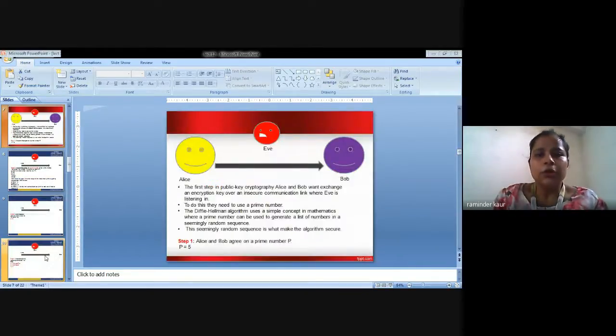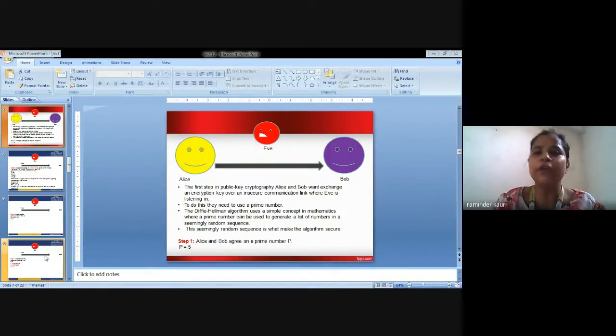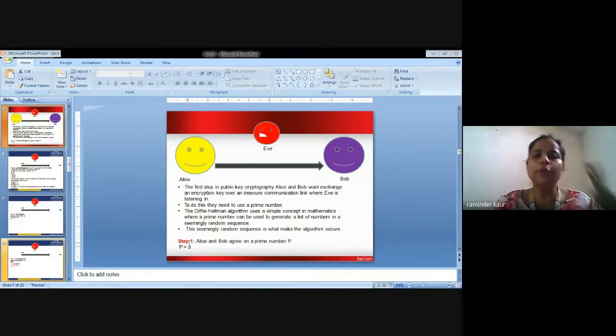So this is an example of the actual implementation of the algorithm. There are two parties, Alice and Bob, in which I am supposed to send the information. What is the role of Alice, and what is the role of Bob? We can understand these roles by applying the algorithmic steps. What will be the first step? Just have a look at all the steps written here, because if we keep these points in mind, we will be able to proceed with the algorithm being discussed.